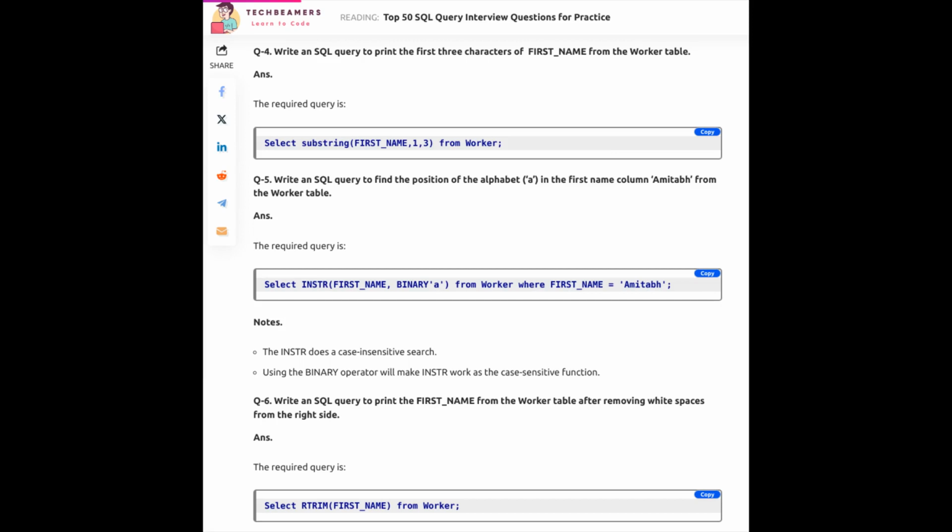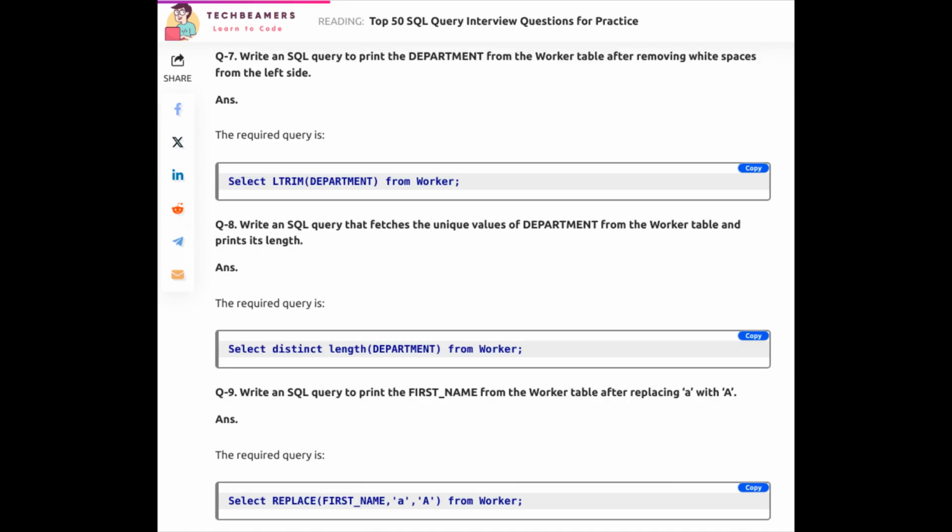from the worker table. Exercise 6. Write an SQL query to print the first name from the worker table after removing white spaces from the right side. Exercise 7. Write an SQL query to print the department from the worker table after removing white spaces from